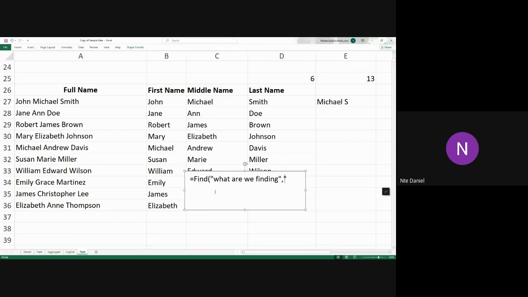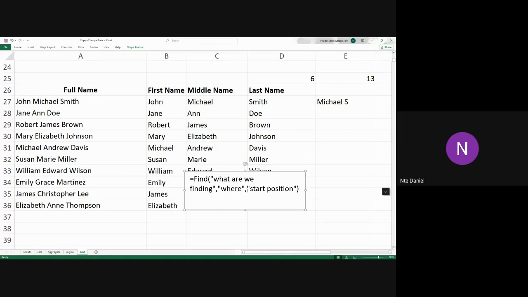Where are we finding it? And finally, where do we start looking for it? This is the syntax